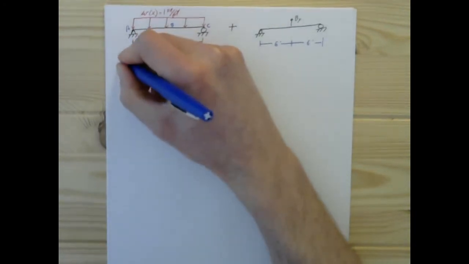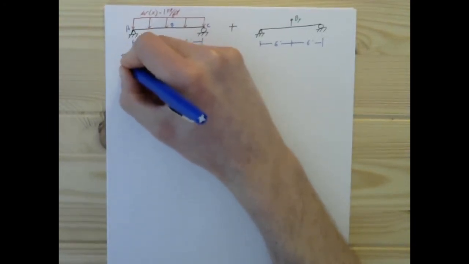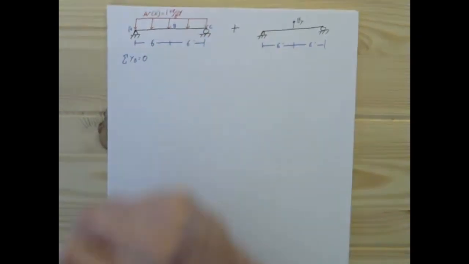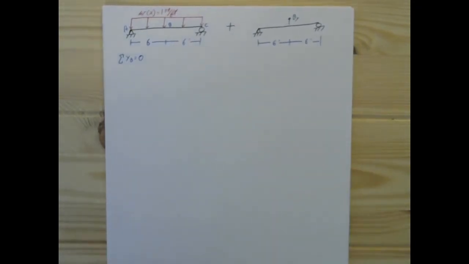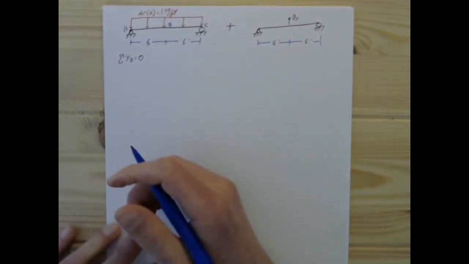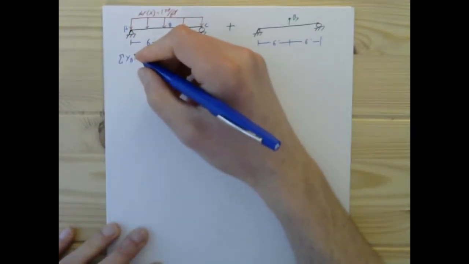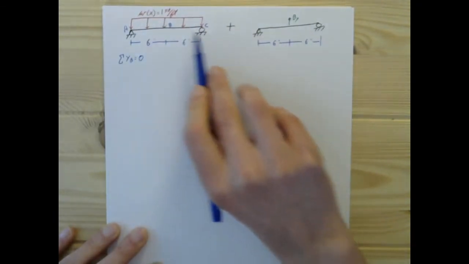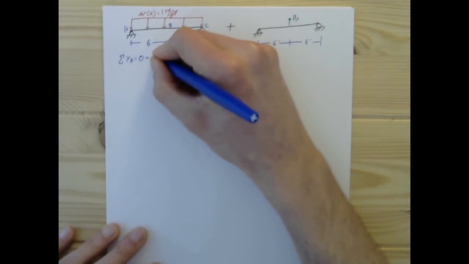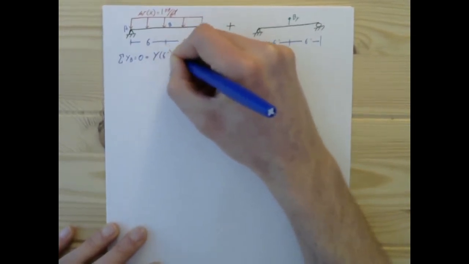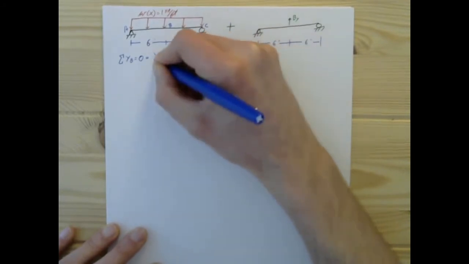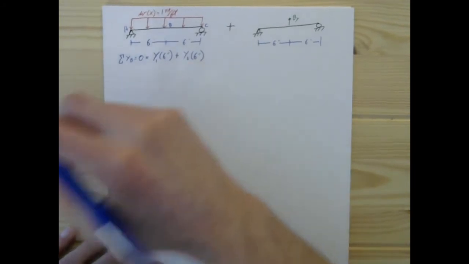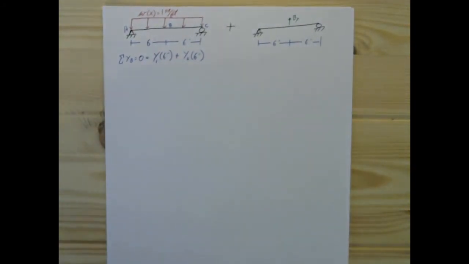So the sum of the deflections at B has to equal 0 once we do all the superposition to it. And that is going to be the deflection we have for that with B_y plugged in. Let's call them 1 and 2. Okay, and that is going to give us